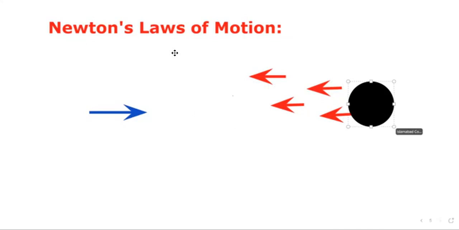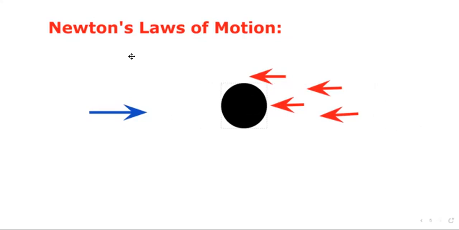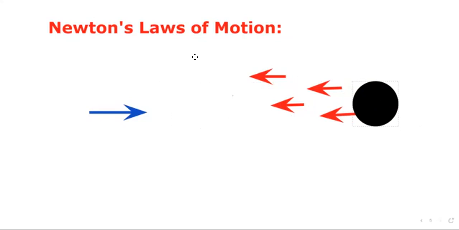Like our earth is following a pattern, there is no friction, but once it was thrown in such a direction, it is continuously orbiting in that direction. Similarly, if the football is kicked, it will start moving in a particular direction, and it will continue its